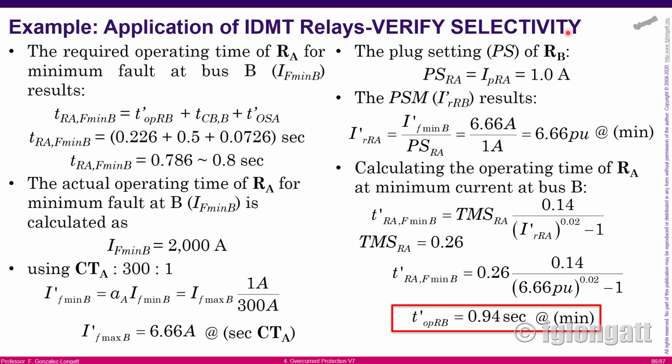And now, for relay A, the setting for the pickup current is already defined, 1 amp, and then the per unit current will be 6.66. Okay, using the full equation that we know for the IDMT relay,